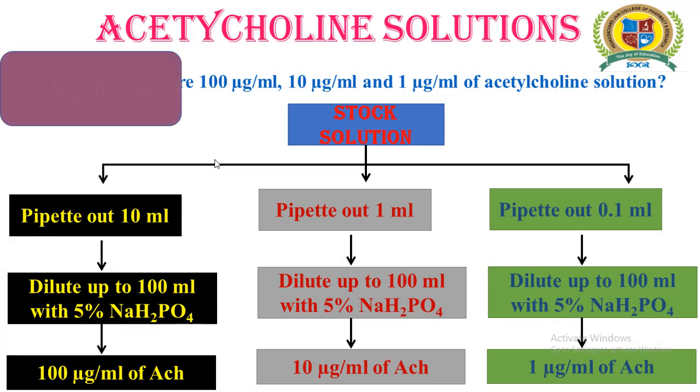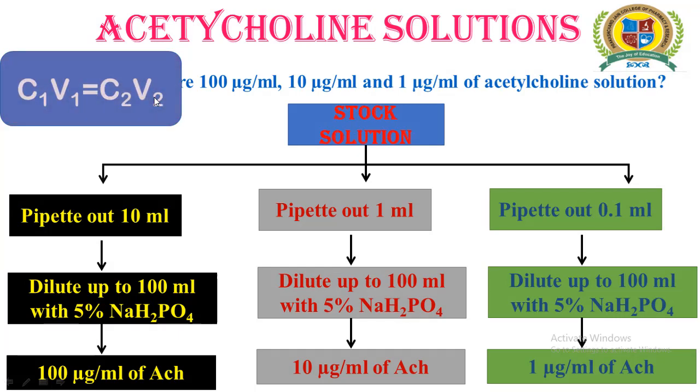So definitely when we are using the stock solution, the concentration of the stock solution should be considered as C1, and if you are pipetting out 10 ml, it should be considered as V1, correct? Now if you are going to dilute it with 100 ml, you can put the value of 100 ml as V2. So definitely you will get the answer 100 microgram per ml, correct? So if you know the concentration but don't know V2, add the value of C2 and you will get the answer for V2. So by placing these values into the formula, we will get simple calculations and the answer to this question.